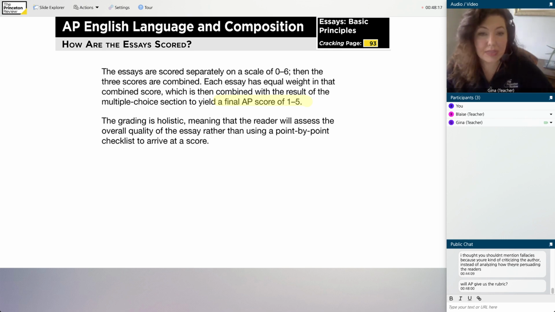There is definitely a rubric available. If you go to AP students at collegeboard.org, there's definitely a rubric there. Where you have to be careful is, again, the rubric may be on the scale of 1 to 6, but of course the AP scores are actually 1 to 5. So that rubric may not be totally precise for this year's test, but it'll still give you a really good idea of what the graders are looking for.